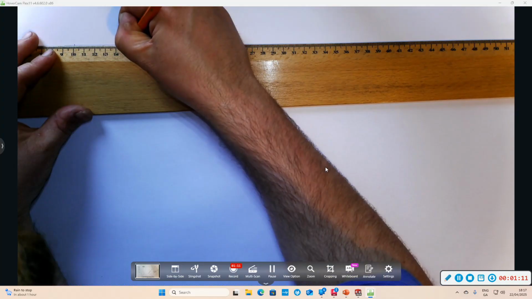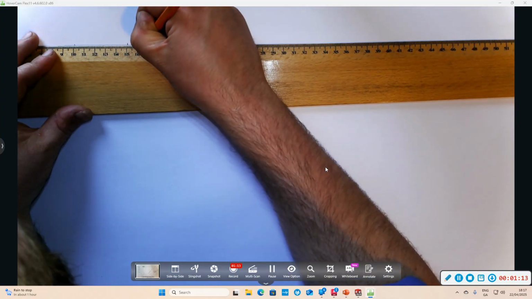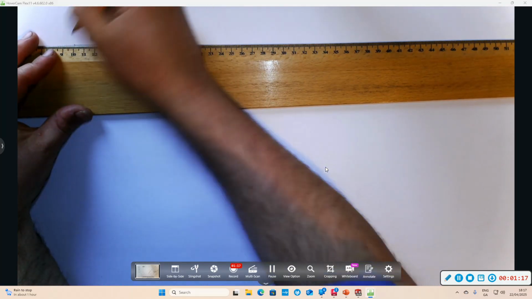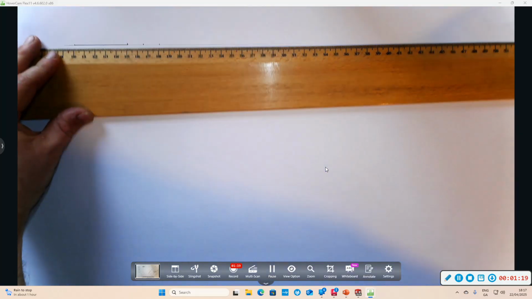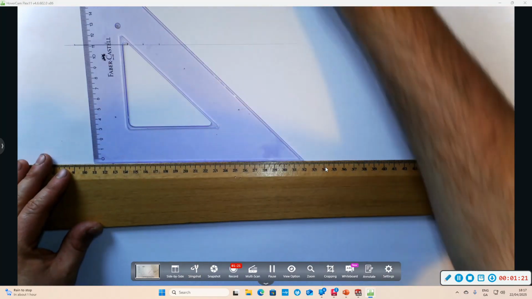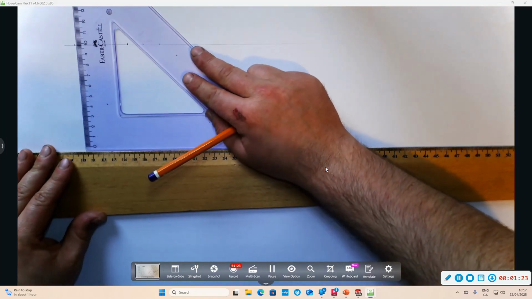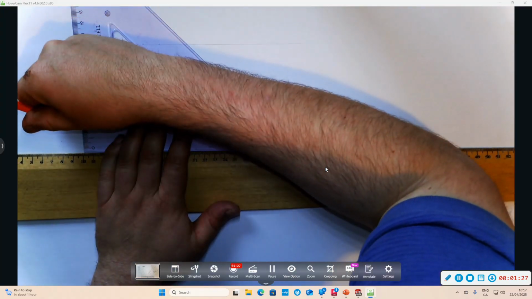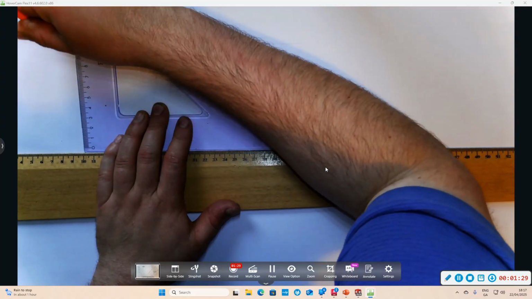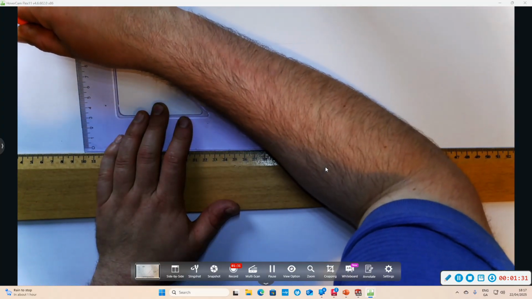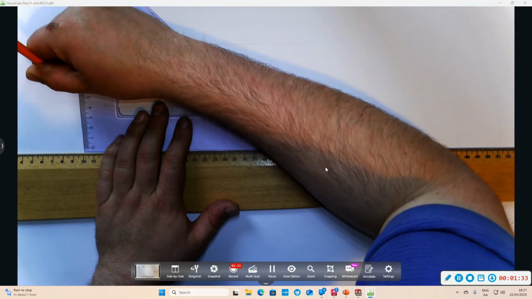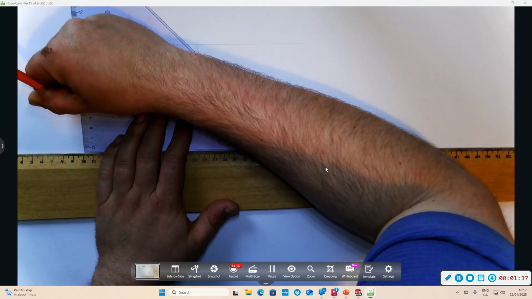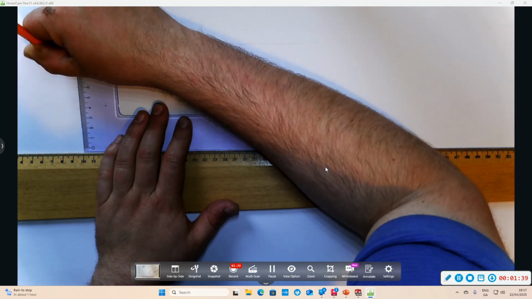So from our start point 50, and then 65. I can go heavy from the 10 to the 50 mil mark. And then it's 80 again. And halfway for a center line, down to 2 centimeters or 20 millimeters and up to